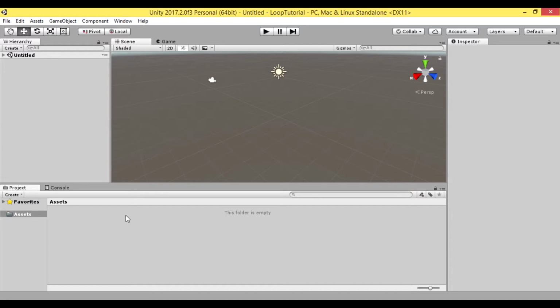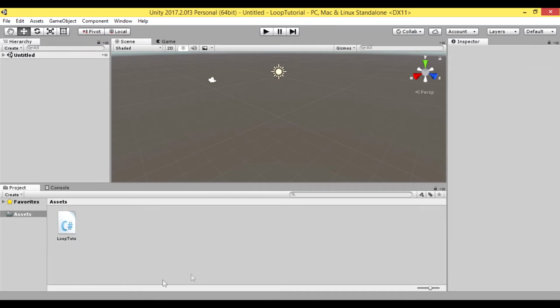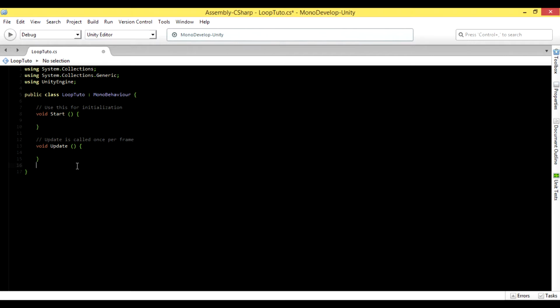Let's go to Unity and create a new C# script. Let's call it loop tutorial. Let's open it up in MonoDevelop. So now let's create a new void. Let's call it loop test. Now let's create our for loop. So, for